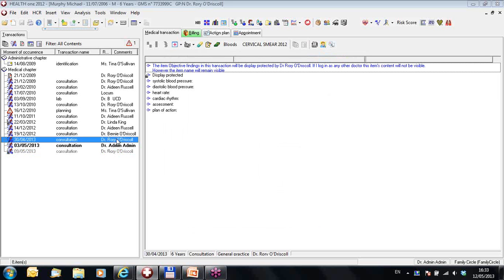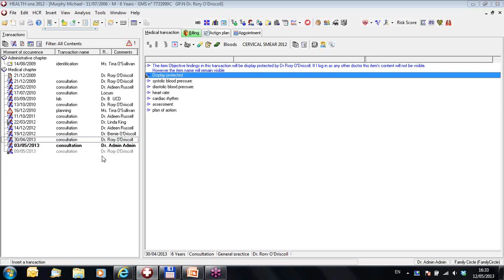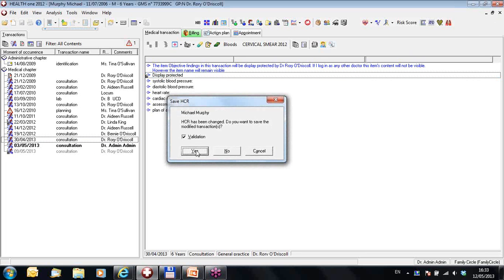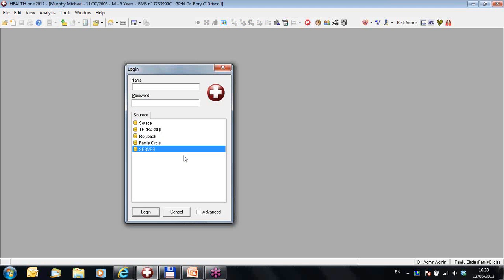You can also prevent somebody from viewing an individual item. In this case, the transaction in general is viewable, but this item here, if I double click on it, I cannot see it or edit it as Dr. Rory O'Driscoll. This was display protected by somebody else. So if I now exit this and save the changes I made as Dr. Admin, and I go in as another doctor, say Dr. Rory,